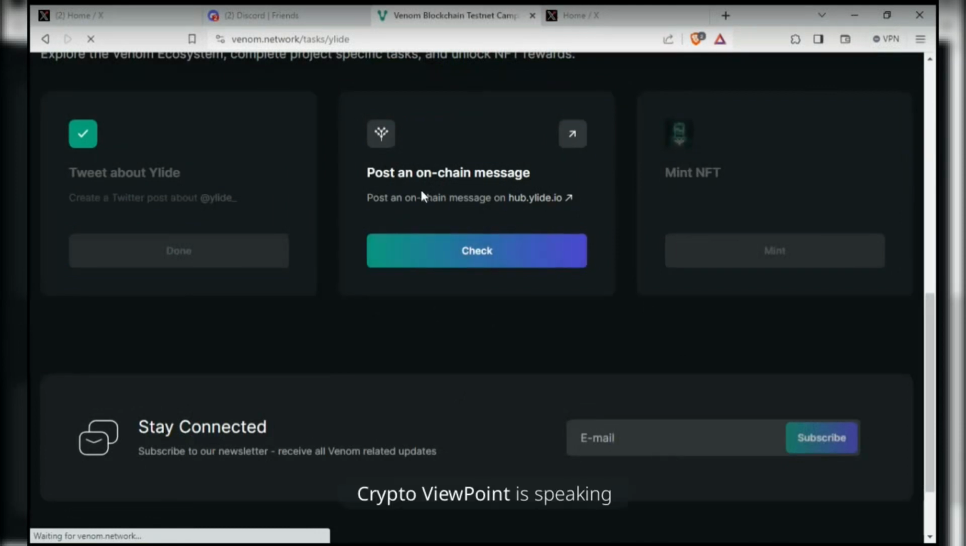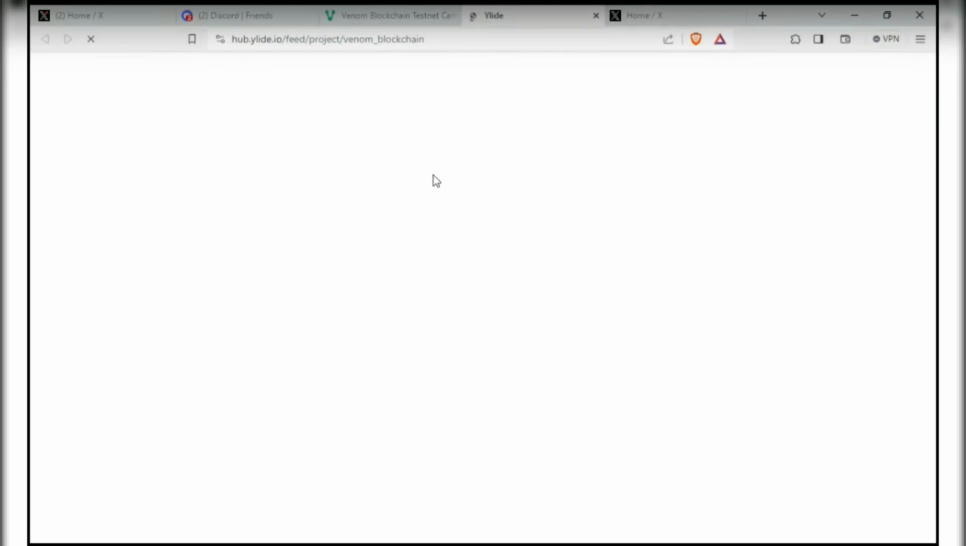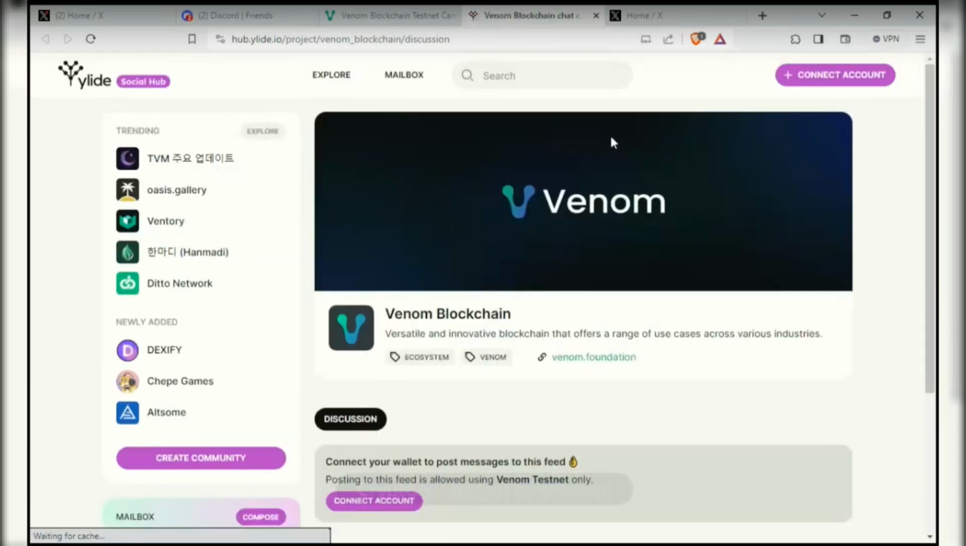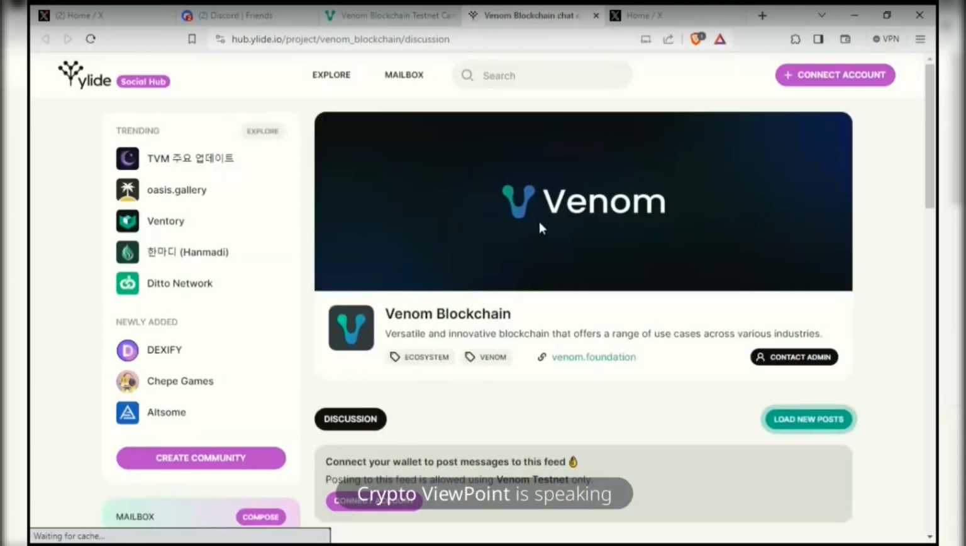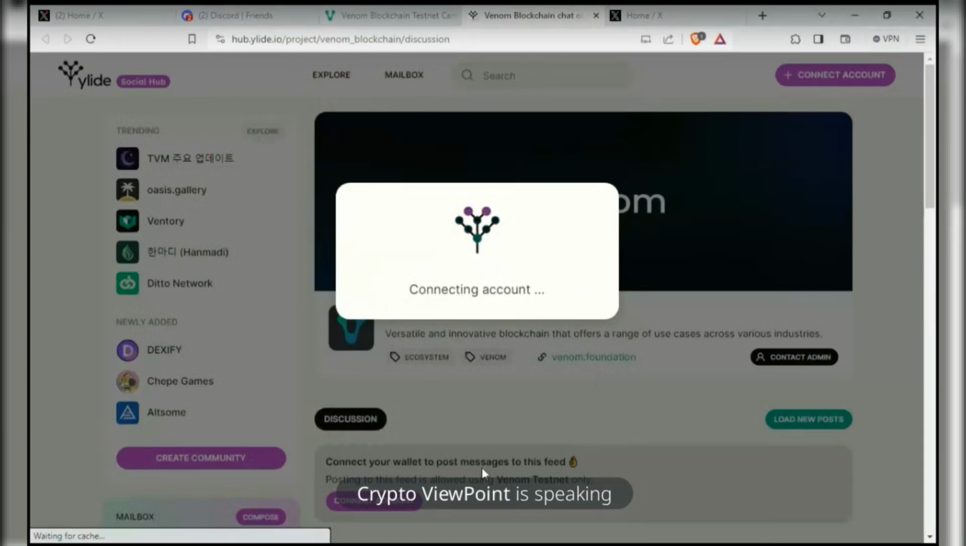Okay, here they ask you to post an on-chain message. So let's post an on-chain message. So click here. You allow it to load. Your wallet will open up. Then you connect Venom wallet. So I connect,